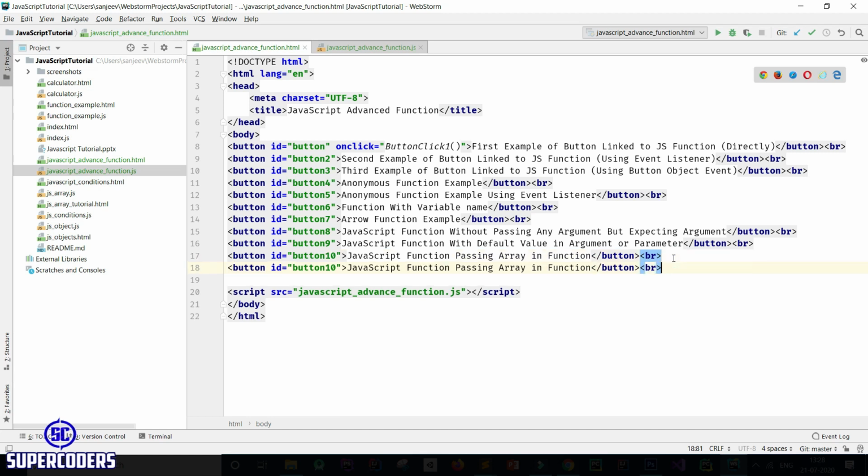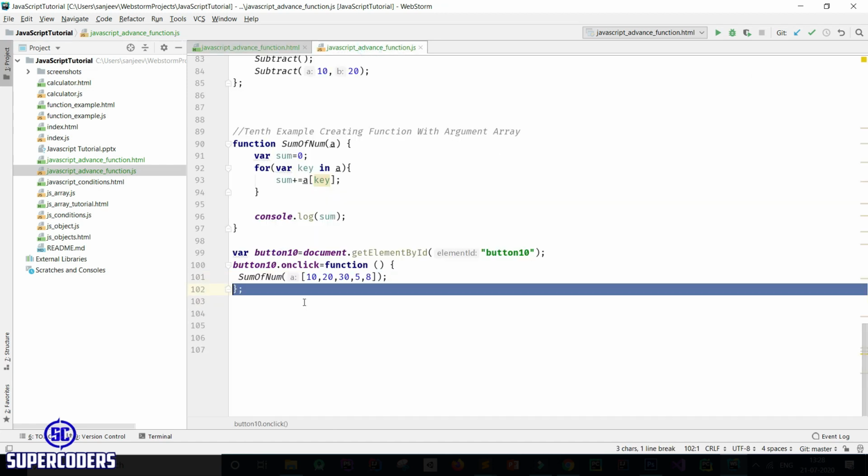Now again button 11 JavaScript function REST operator example for passing multiple values. Now let's see how you can create this REST operator.